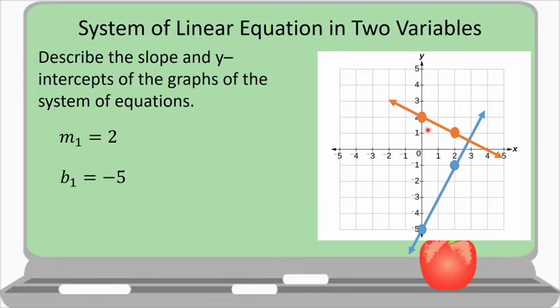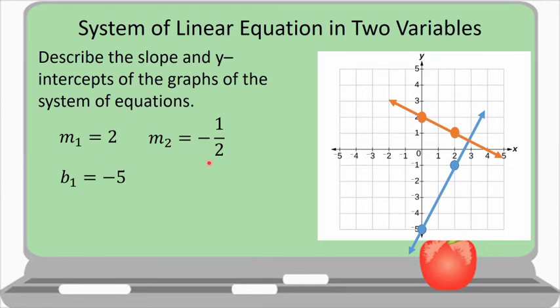Now, let us have the second graph, which is colored orange. So, the slope is negative 1/2. So, why is it negative 1/2? So, from this point, we count the rise, then run up to this point. So we have here 1. So since it is downward, so it is negative 1 over 1, 2. Since it is to the right, so positive 2. And the simplest form of negative 1 over 2 or positive 2 is negative 1/2. So the second slope is negative 1/2.